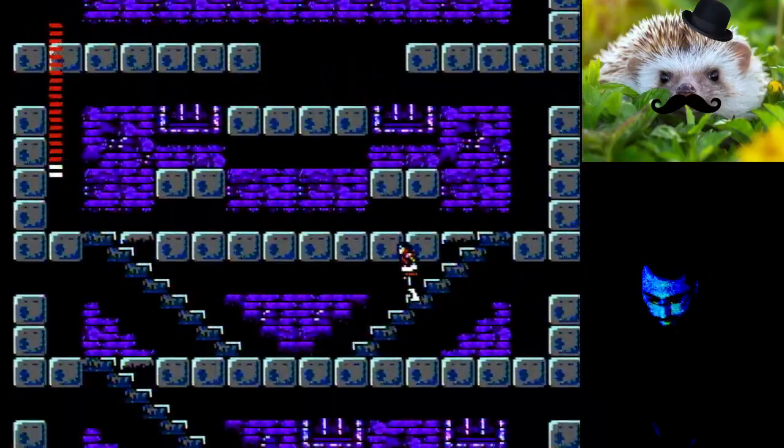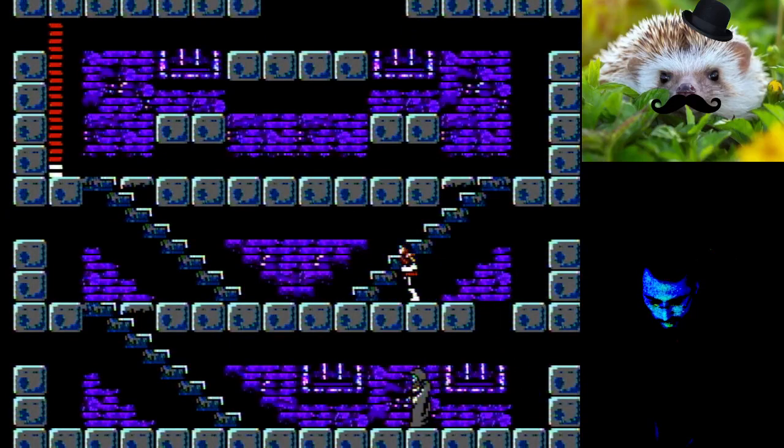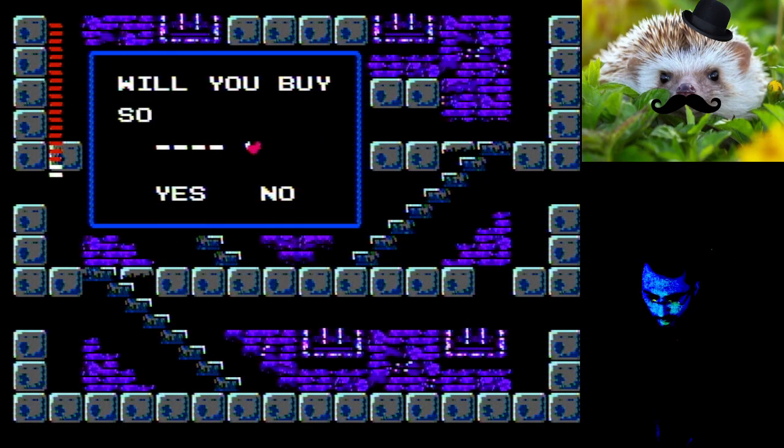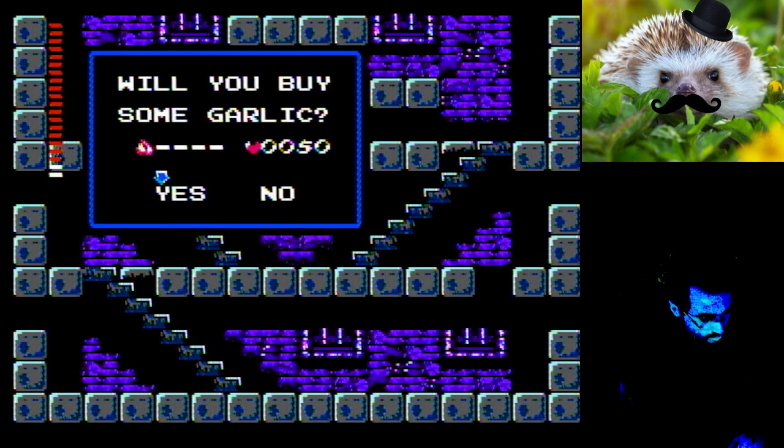Last time I went to the store to buy garlic, I threw bottles at the floor and then jumped through it. All right, that's what we want. I don't have the money, because I don't think my password saves money or something. Which is kind of stupid, but...